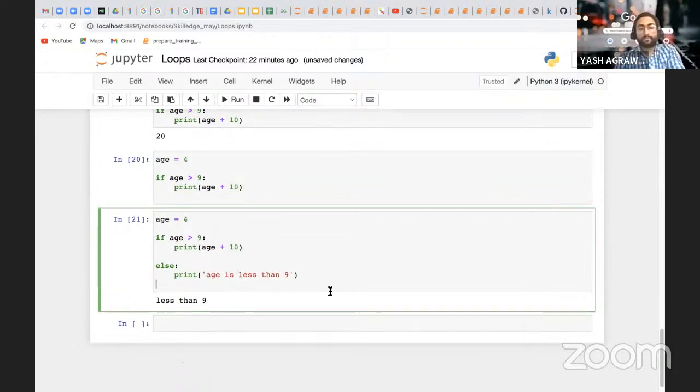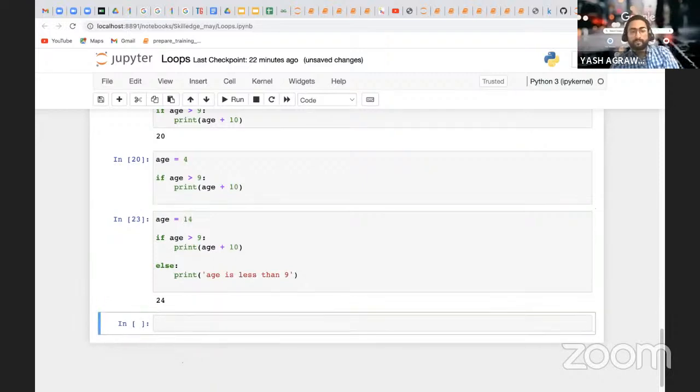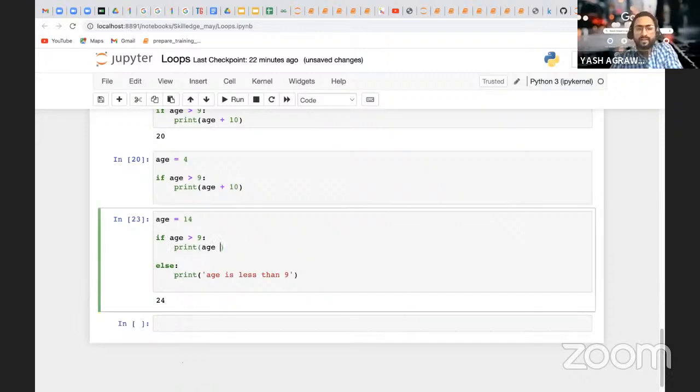ठीक है. ओके, अब यहां पे हम 14 देंगे तो क्या आया, 24 आया, राइट. क्या हुआ, हमारी एज 10 से प्लस हो गई, 14 थी तो 24 हो गई. क्यों, पहले हमने चेक किया 14 बड़ा है 9 से, राइट. देन व्हाट वी डिड, एज में 10 प्लस कर दिया, राइट, वी गॉट इट. ओके, और एल्स हम ऐड नहीं करते, एज ही प्रिंट करते. ठीक है, तो अगर एज 14 से ज्यादा है तो एज प्रिंट होगा.